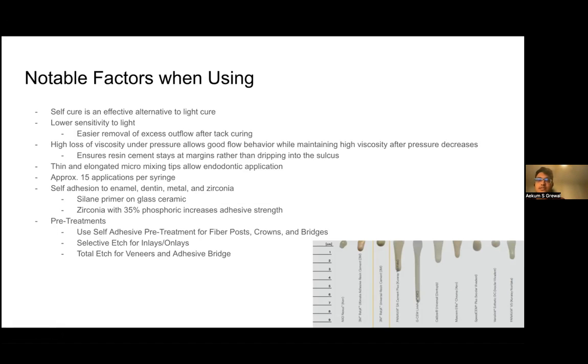The micro tip is also very thin and elongated, so it allows endodontic applications, especially for root canals. These syringes allow for approximately 15 applications per syringe, at 3.4 grams of resin per syringe. It also has self-adhesion properties,